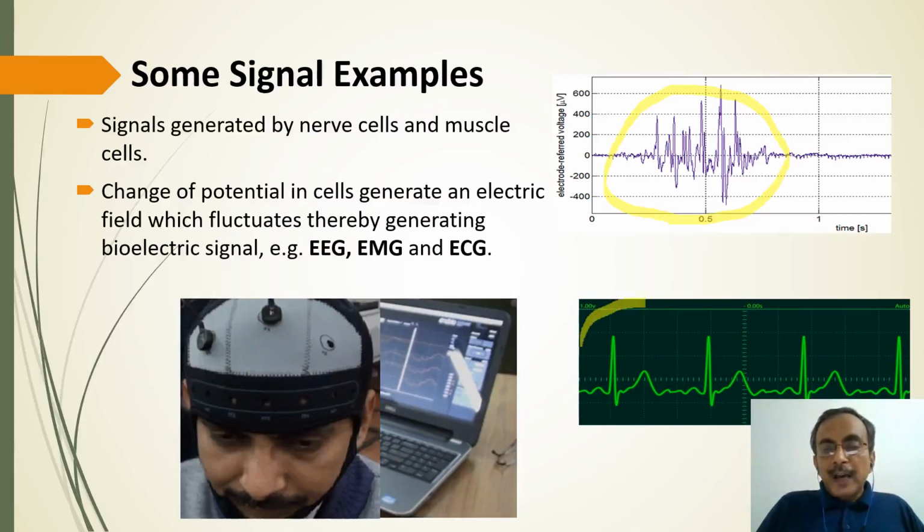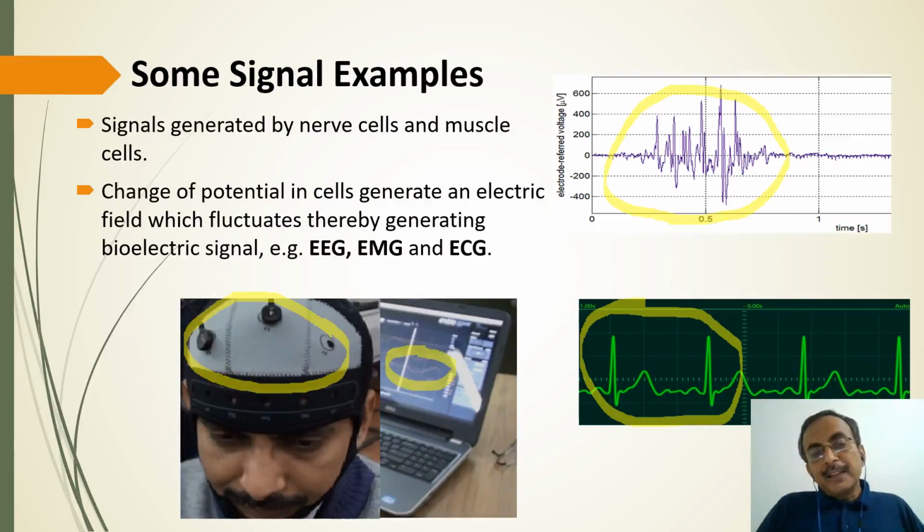We are well aware of the signal generated by the heart, the electrical signal, which is ECG, electrocardiogram. Also, our brain generates a lot of signals, which is electroencephalogram, and we can see the recording over here. Again, the level of the electrical signal is very low. It is in the range of microvolts. However, this is a very important signal.